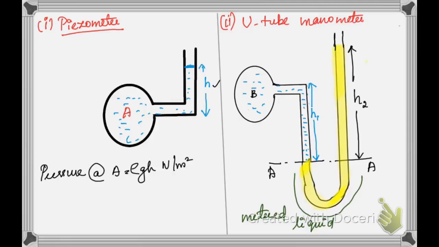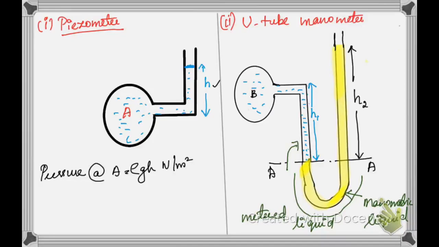So the liquid for which we want to measure the pressure is known as the metered liquid, and the liquid used in the U-tube as the indicator liquid is known as the manometric liquid. So this liquid is the metered liquid, and this liquid is going to be the manometric liquid. Okay, so generally we will be using mercury